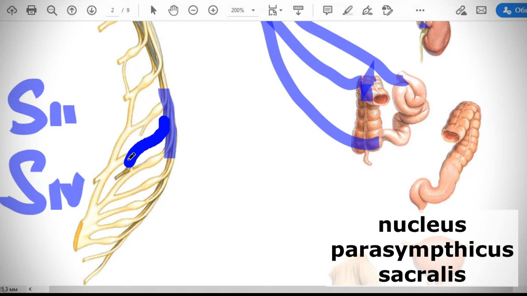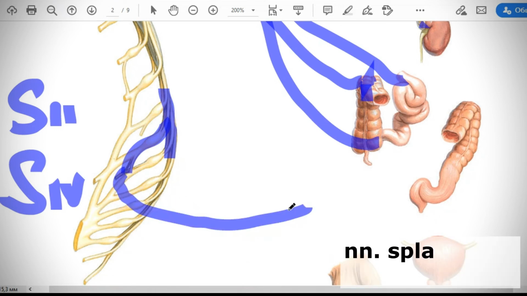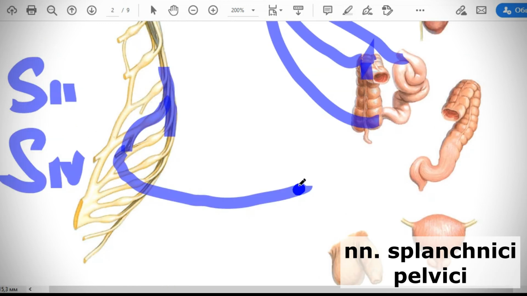Then they enter as anterior branches of sacral nerves and sacral plexus, but then they exit it and travel to your internal organs, and these nerves have the name nervi splanchnici pelvini, pelvic splanchnic nerves, that also enter the sympathetic plexus. There will be no transmission, only transit, walking through this inferior hypogastric plexus, and then